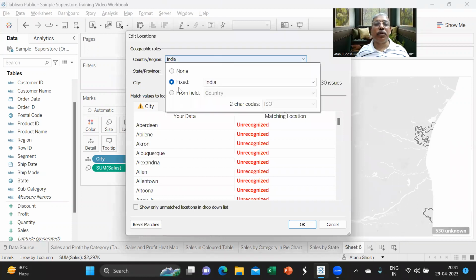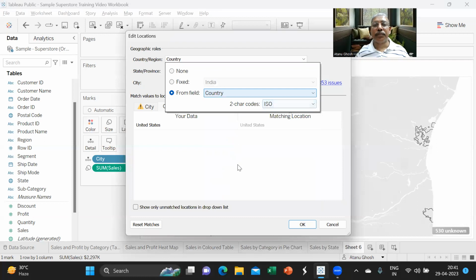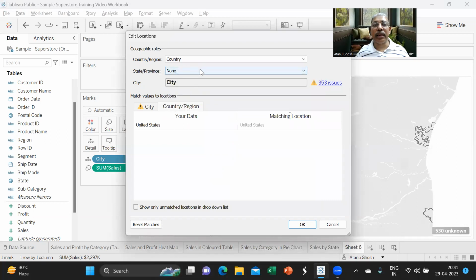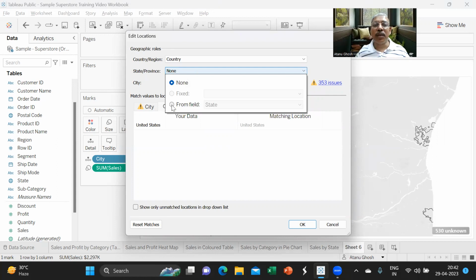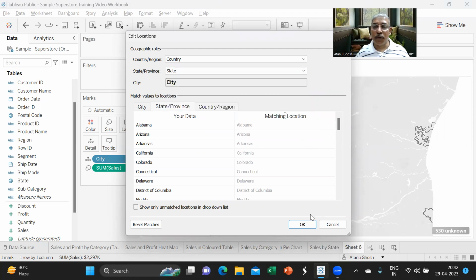Again, the country we should be taking from the field, like we did last time, country. And once we take the country, the state also we should take from the field state, because there are multiple states within the country, so I cannot specify any specific state. So it will be taken from the state field.